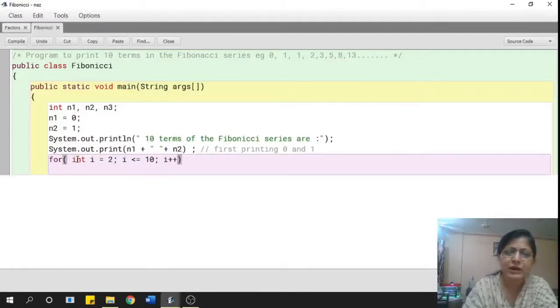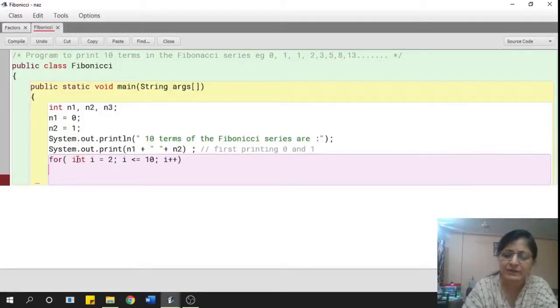As I told you, I plus plus stands for I equals I plus 1. Basically I is just counting how many terms I have printed. Suppose I wanted 20 terms instead of 10, all I do is check till 20 here.